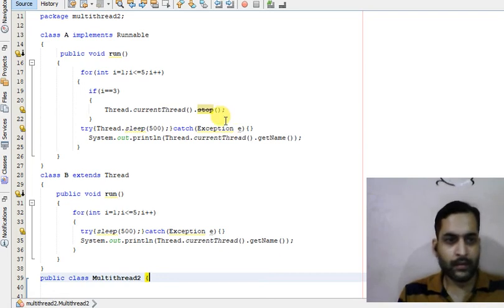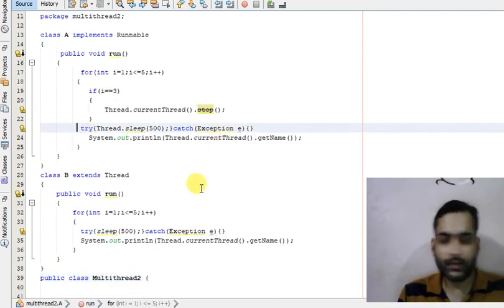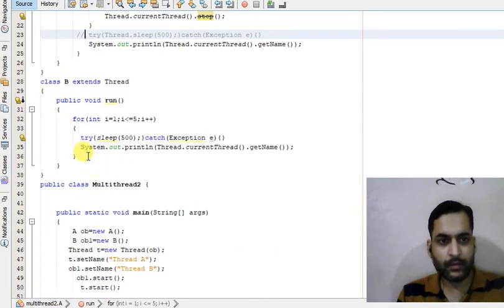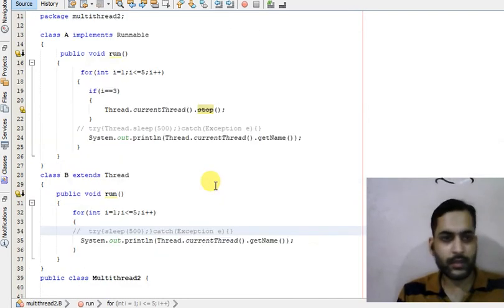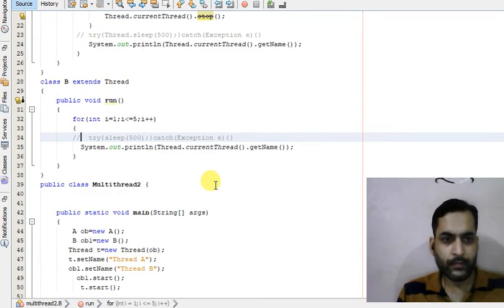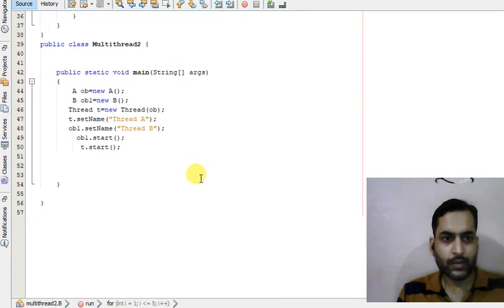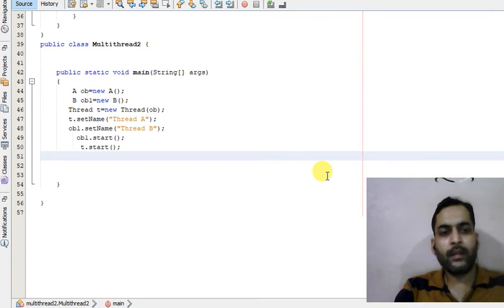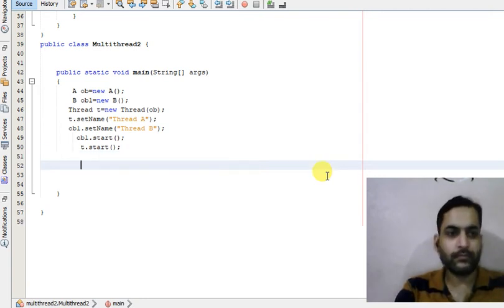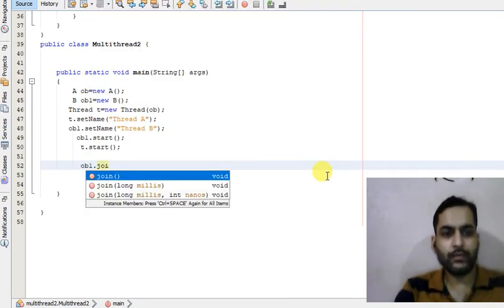Okay, so I should first comment this sleep method, otherwise the output may change. So here I can use the join method. Suppose ob1.join.